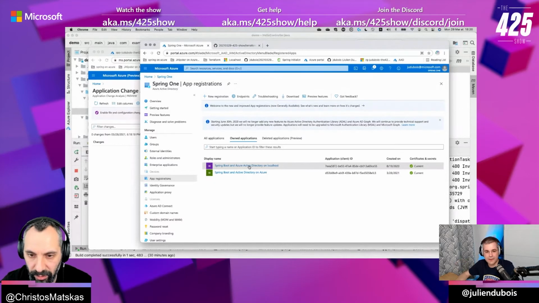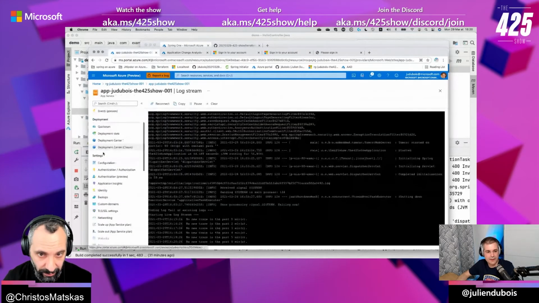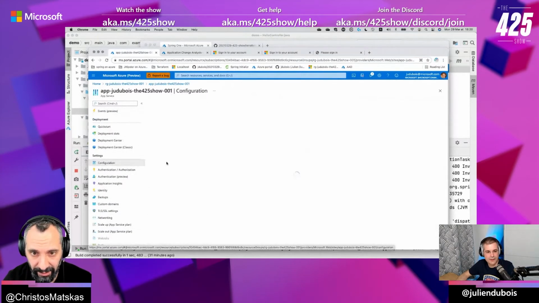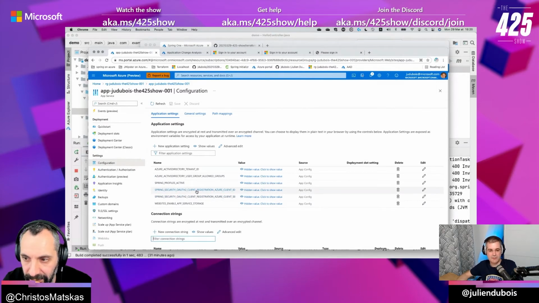So here in the Azure Web App, there's definitely a misconfiguration between your app registration and the Azure Web App. That redirect URI is not right. The question is, is Spring Boot expecting a different URL on the return back, and why was it working before and it's not working now? So the tenant ID is correct. The client ID is correct. The client secret is correct. It's just the redirect URI that is not working.